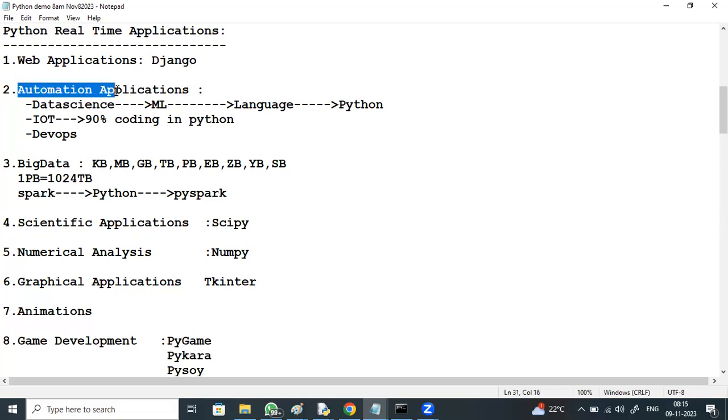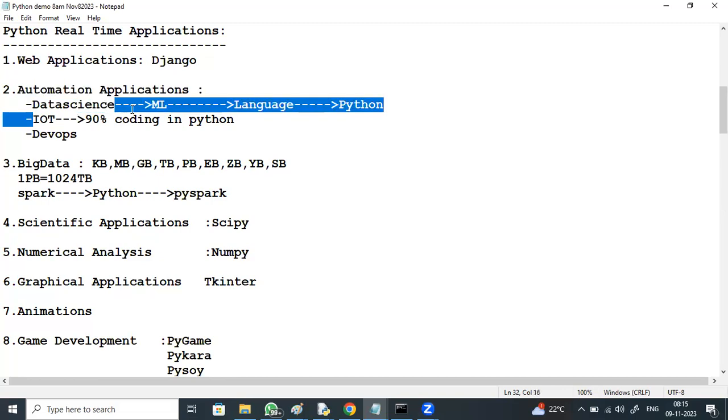And even automation applications use Python a lot, like data science, where we have machine learning. To implement all these machine learning techniques, we require a language to code with. Python is the most chosen programming language for data science.